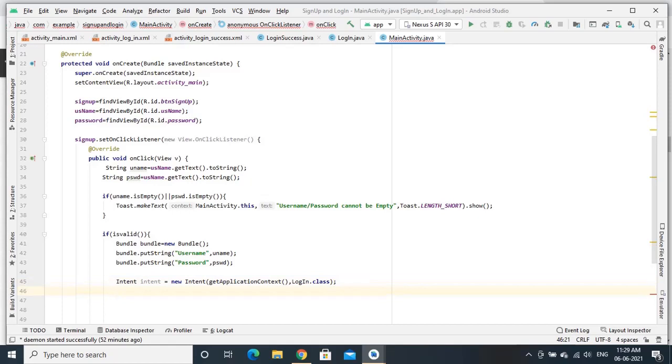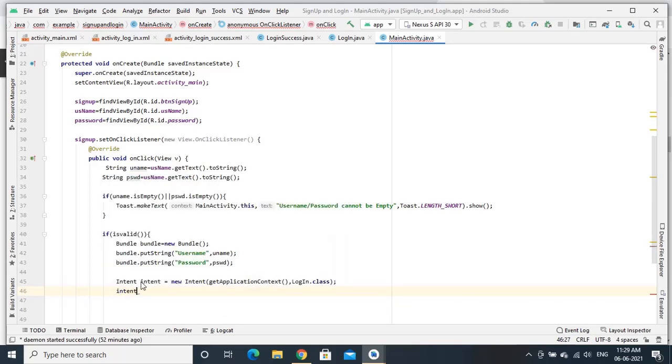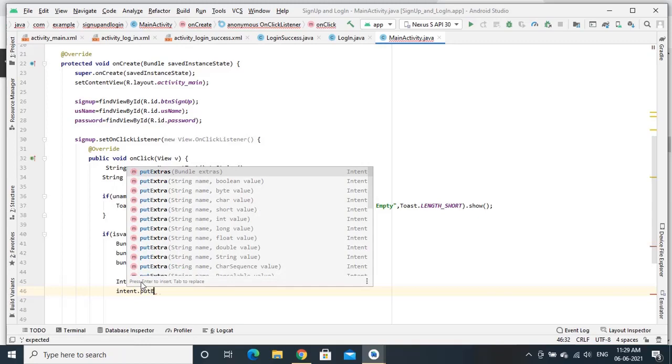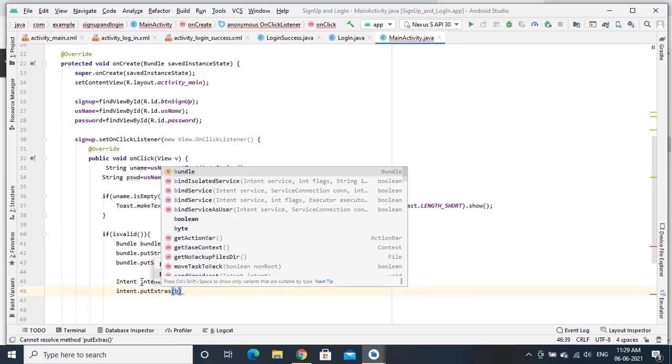And next I need to put this bundle into this intent. For that I need to call a function called as put extras using the defined variable intent dot put extras. Here I need to pass the defined bundle.